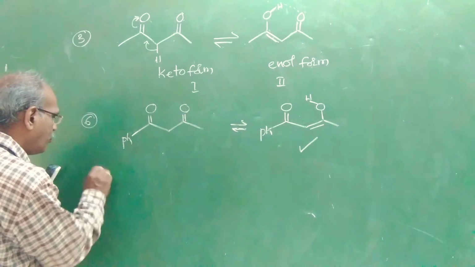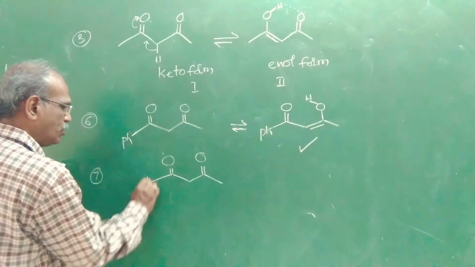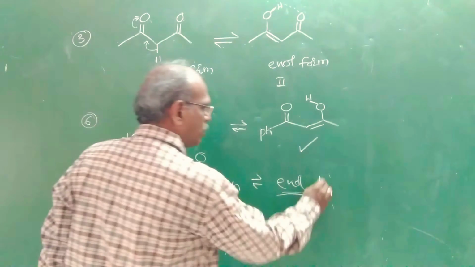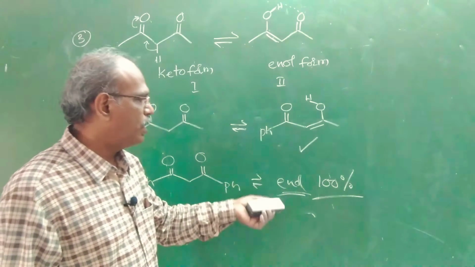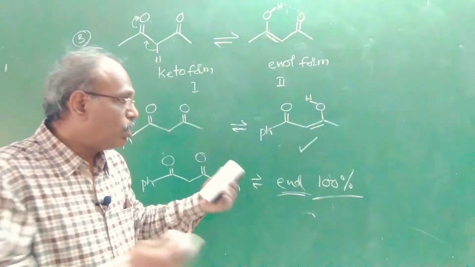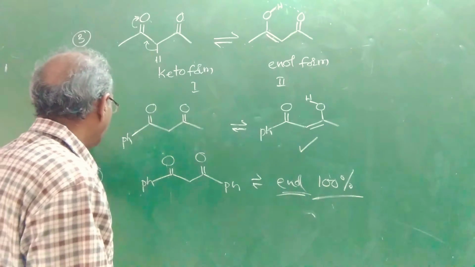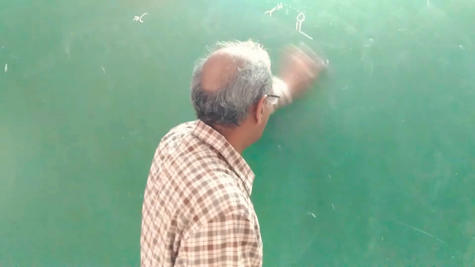If another aromatic system is introduced, see, its enolic form is almost 100%, almost 100%, because of the extent of resonance. The total resonance stability of the molecule is more. So these are the different examples, comparison of percentage of enols or stability of enols. Okay, next, if you take another example, see,